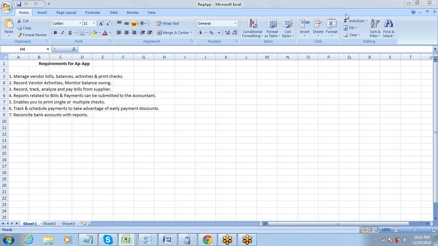These are the requirements we need in the app. The first requirement is we need something to manage vendor bills, balances, activities, and print checks via the app, to make payments to the vendors, and